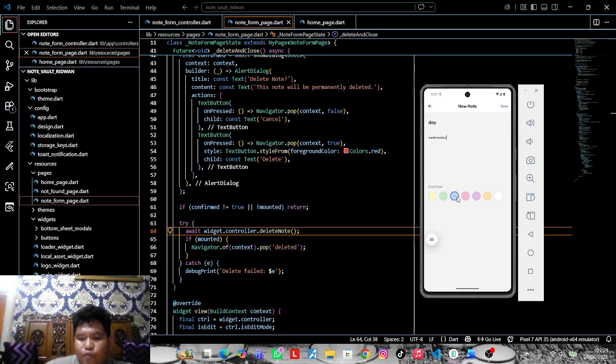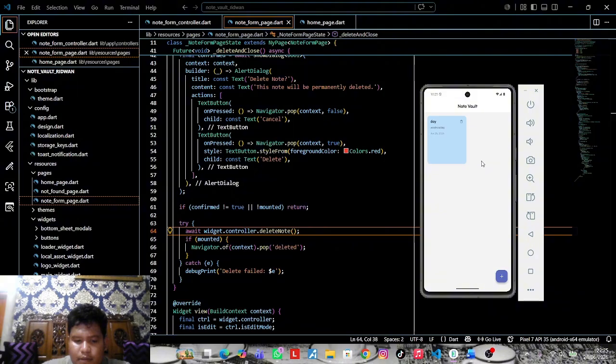I choose blue. Okay. After I fill in the information, I'll press the save button.